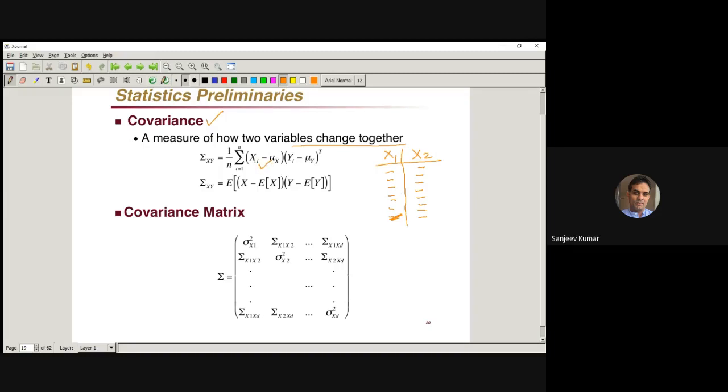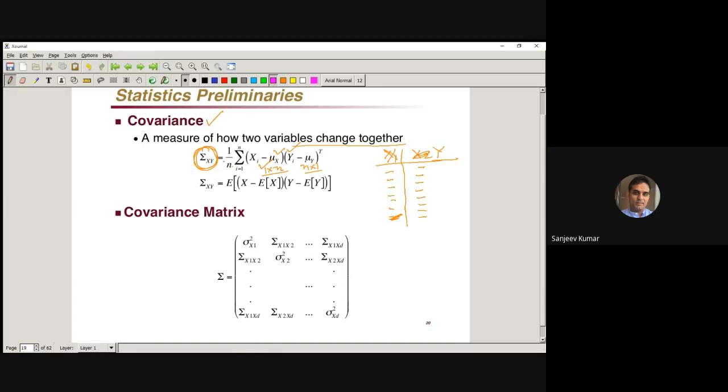Here I have written x and y in the formula, so let me take x and y. x data minus the mean of x gives you a vector, a 1 by n vector, and then you have again an n by 1 vector. Once you take the dot product of those two vectors, you get a scalar quantity,